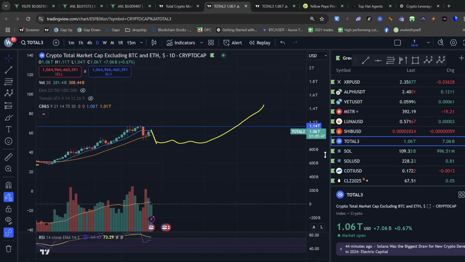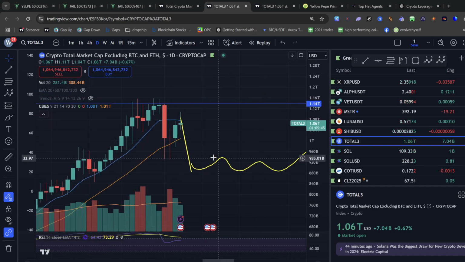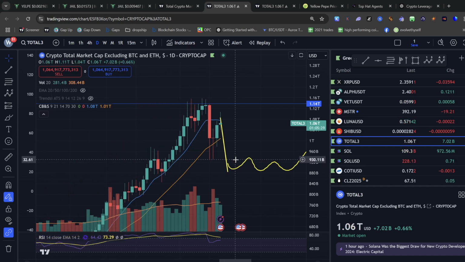In fact, the way these patterns tend to work, as you can see here, there's that big one and then the move up. There's the doji candle and then the massive move down. So tomorrow, this candle closes in an hour, but tomorrow's daily candle is probably going to be big red. So just prepare for